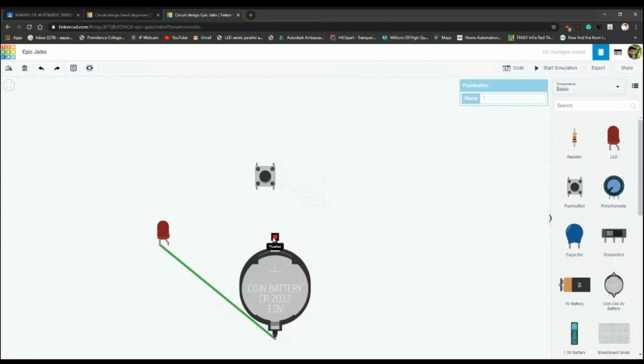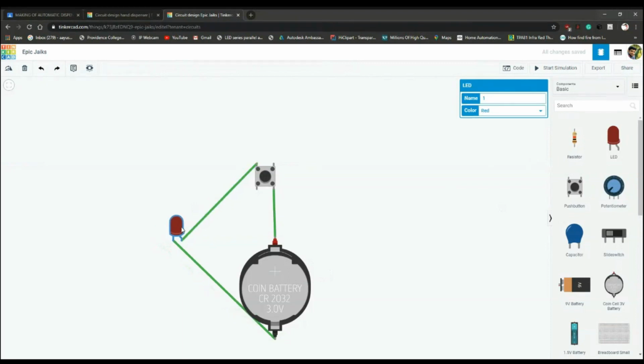So I clicked on the positive terminal, clicked on the switch, and from this switch I will click on the anode of the LED. Right now our circuit is complete. This is a basic circuit, just how to connect an LED to a coin battery. I can start the simulation, and as I push the button, the LED starts glowing.